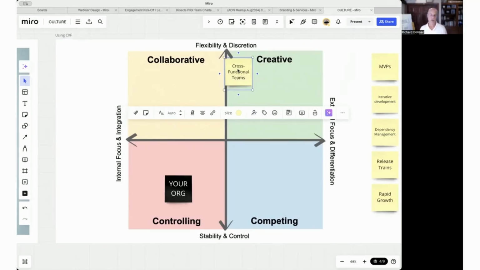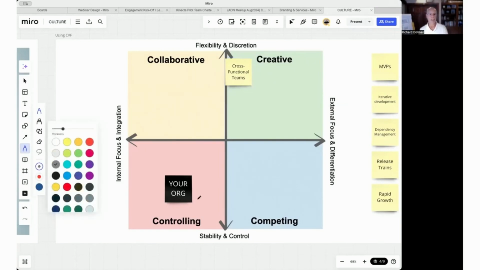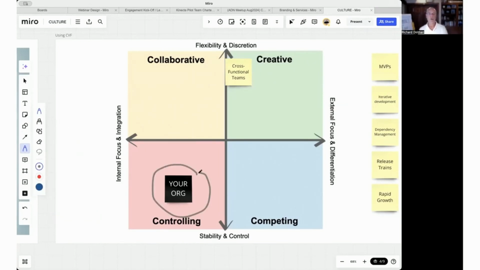I'm going to slide it a little bit over to the right because I think the real challenge that you're going to have, the tension that you're going to have, is really that tension that exists in that creative quadrant. So again, if your organization is down here in command and control, but you're trying to introduce new ideas, new ways of working like cross-functional teams, there's going to be some tension that exists between your predominant cultural orientation and this more adhocracy or creative type of culture.